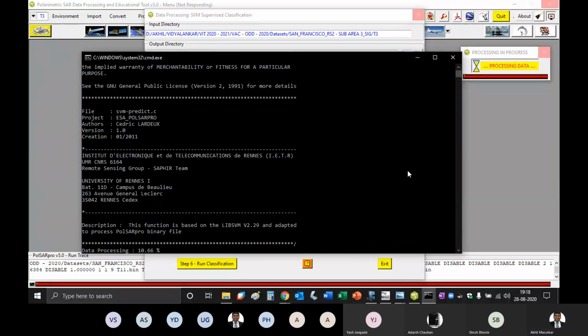Okay, great. I think Yash has got it. So did you see, Yash, that it has classified the entire image into 3 classes.